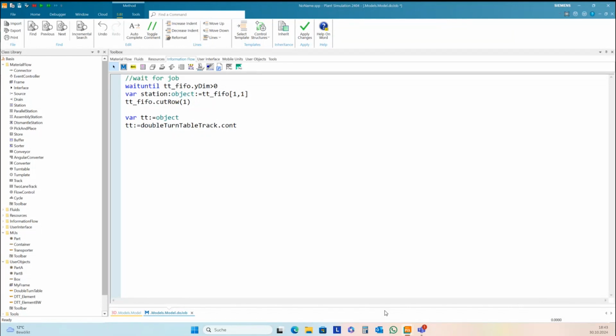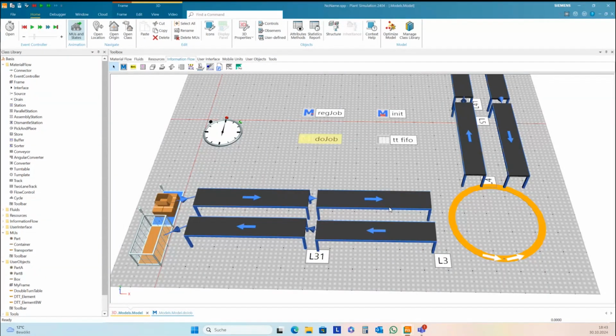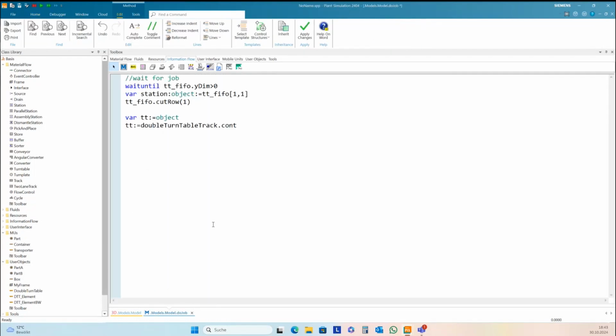Now I have two cases. One case is this is L2, and this only for checking, target position needs to be -1 before we start.